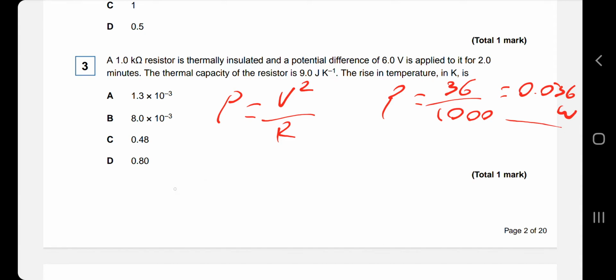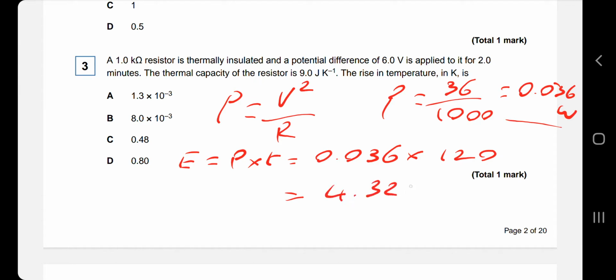Then we can calculate the total amount of energy. Energy is simply power times time. So the power is 0.036, multiplied by the time of 2 minutes, which we need to convert into seconds, which is 120 seconds. And 0.036 multiplied by 120 is